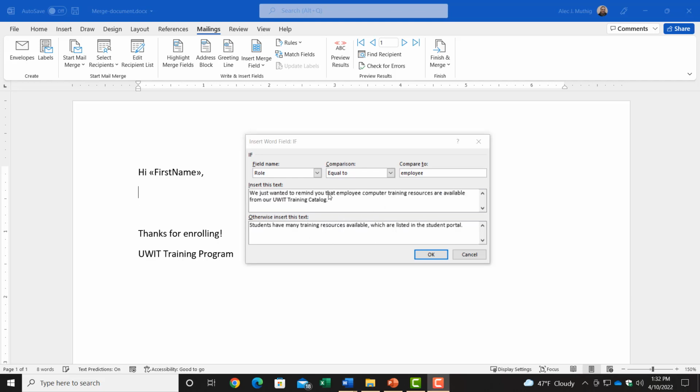So we've added our messages. This one, again, is going to be sent if the person is marked as an employee. This one will be sent if it's something other than employee. And considering we only have employees and students in this database, this will be a message for either one of those two options. Now in our case, we really want to have UWIT Training Catalog link to the actual web